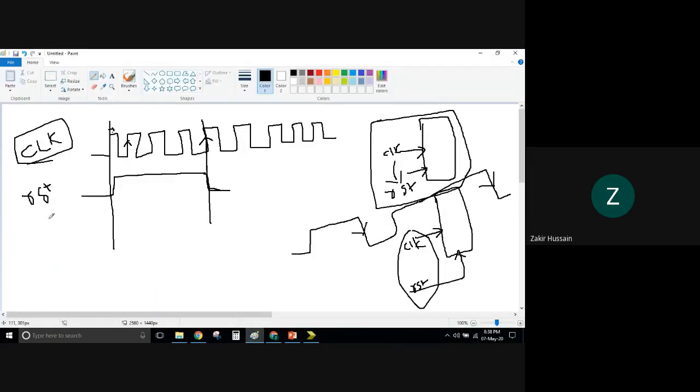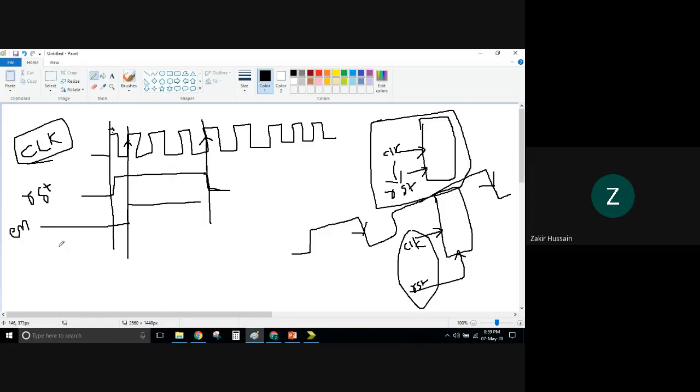So enable, if high, meaning at this point, this correct time at this point. Before this, I am keeping enable 0. At this point, I am making my enable high. Now I'm just keeping enable high only, because I have to see that behavior, maybe up or maybe down. So this is my enable.